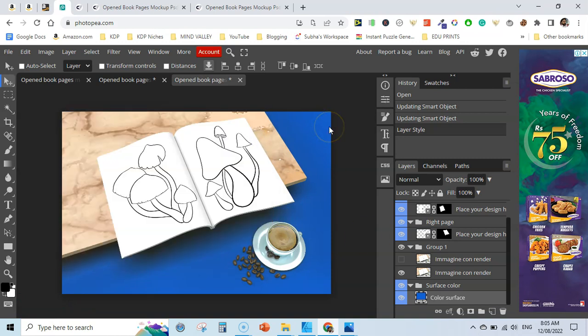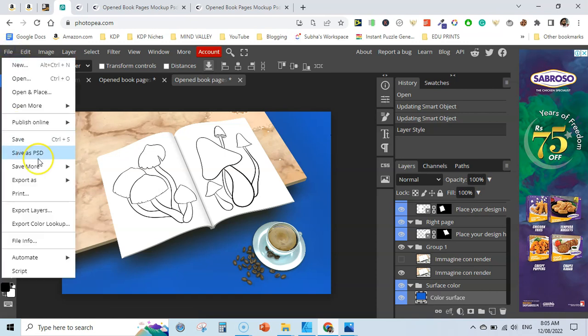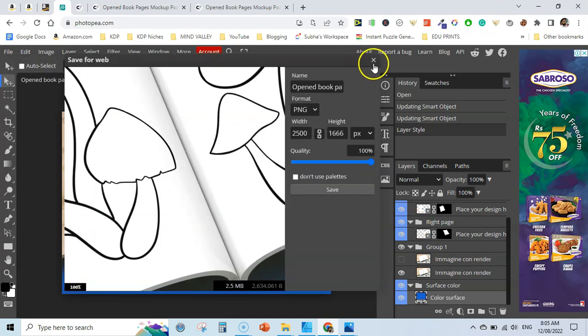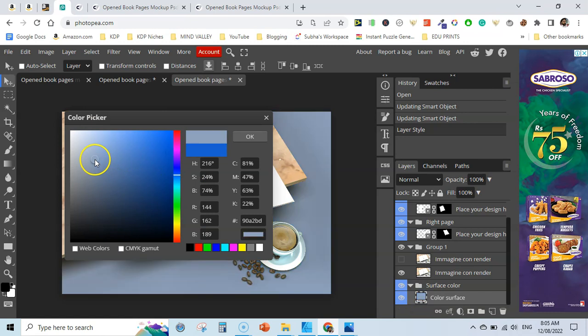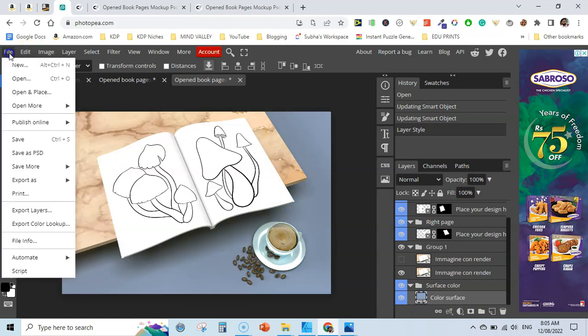In this way you can create beautiful looking mockups that you can use to create A+ content for your KDP low content books. In a few moments I am going to show you how to create A+ content for your KDP books using these graphics. All you need to do is go to file and then click on export as, then click on PNG. Let me change the color before I export this one. This color was best. Just go to file and then export as PNG